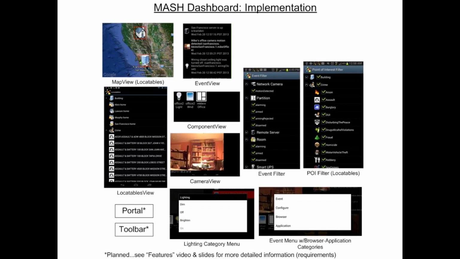All of these pieces, by the way, you'll be able to put into portals, and additionally you'll be able to use named query views. So if you aren't a fan of drilling down through a perimeter, and you want to view your data a different way, you'll be able to do that through a portal page. And of course the portal and the toolbar features are upcoming, so you can see the requirements for those in